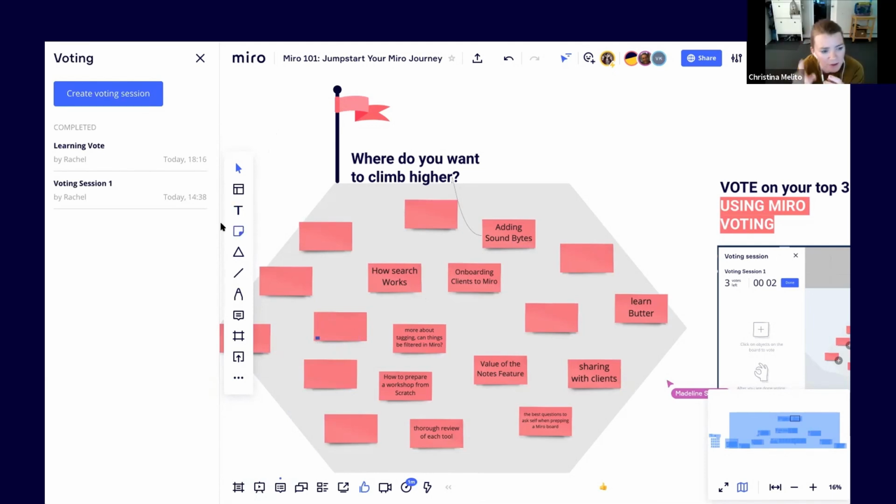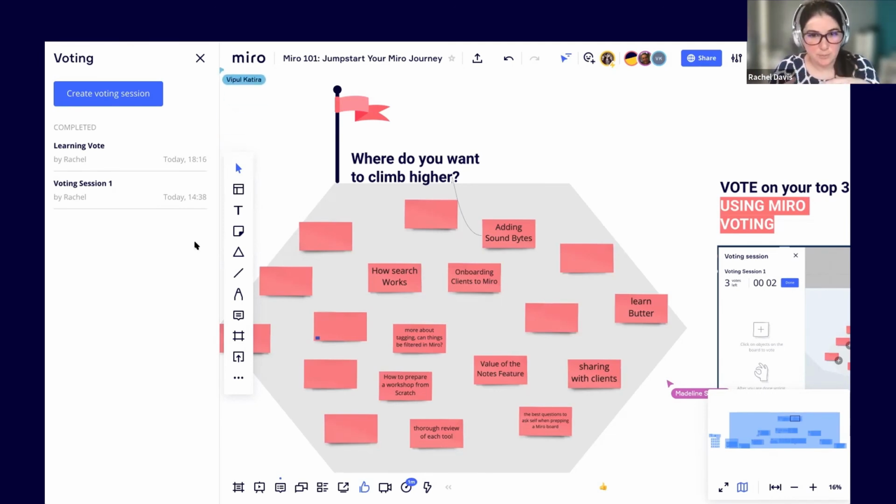Yes. And you like the emojis because you can visually see the quantity versus reading the numbers. Yeah, I just find that the UX of the voting for me is a little difficult sometimes. I will use it if I have more than 10 participants because it gets really kind of crazy with emojis at that point. But most of my workshops are anywhere from 3 to 7 participants, which is why I usually use the emojis.